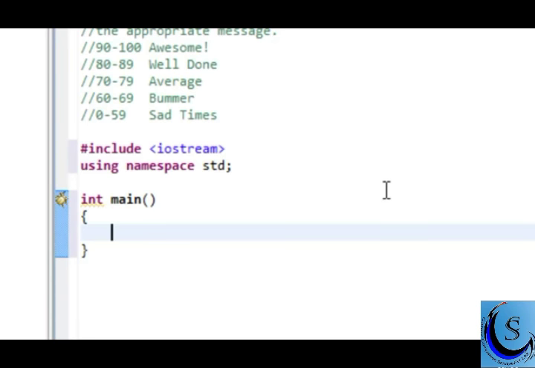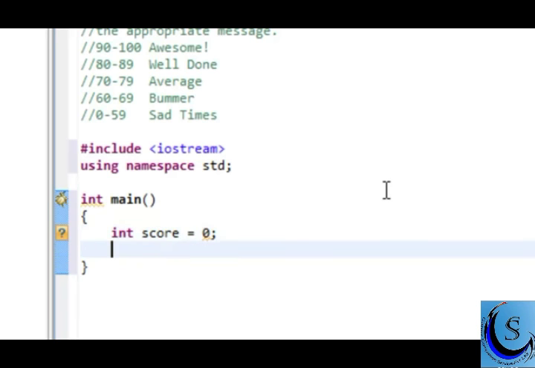Okay, so the first thing that we need to do is get input from the user. And the input that we're going to be getting from the user is an integer value, so that's going to be the score. So we can go ahead and declare and initialize a variable named score of type int. So int score = 0;